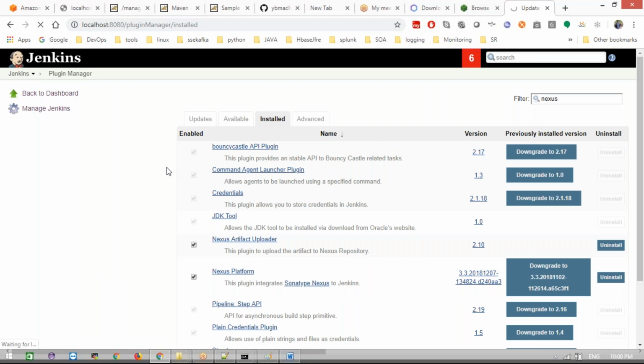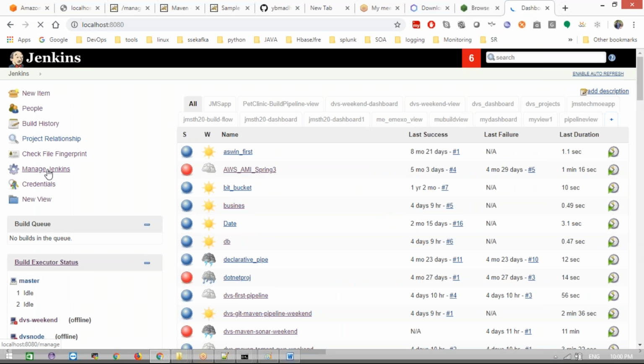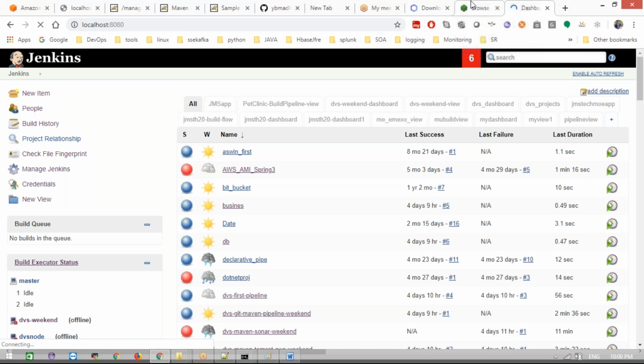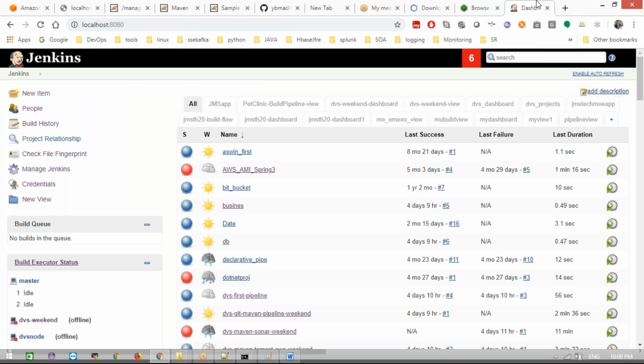Now go to Jenkins. I need to go to Manage Jenkins. Now what happened? I need to configure the server first. My Nexus has one server, right? It is running on port 8081. I need to set up the server communication first. If both communicate, my Jenkins and the server will be talking to each other. Then only am I able to push my war and jar, right? Now first we need to set up the server configuration.